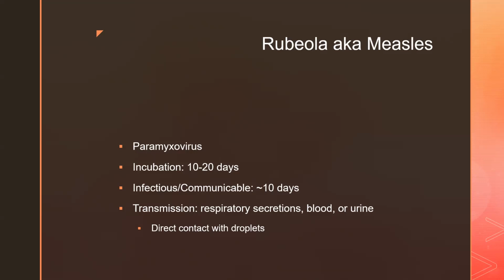And so, as you can tell, 4 to 5 days before the rash, your person may be feeling okay, but this is why it's communicable, right? Because we can pass it along without even knowing that we're infectious long before the rash even shows up. Transmission, usually respiratory secretions, contaminated blood, contaminated urine. And so most of the time we're looking at either droplet or airborne precautions, depending on your facility. Most places will go with either but airborne to be safe.